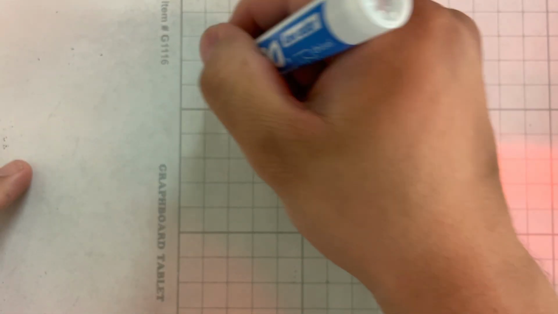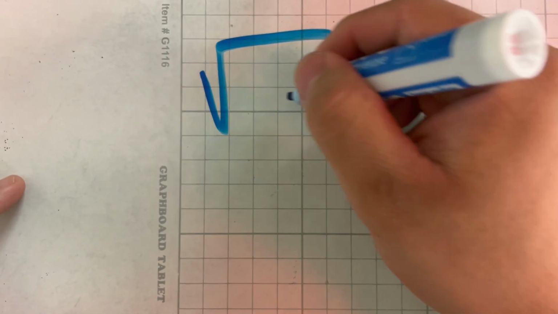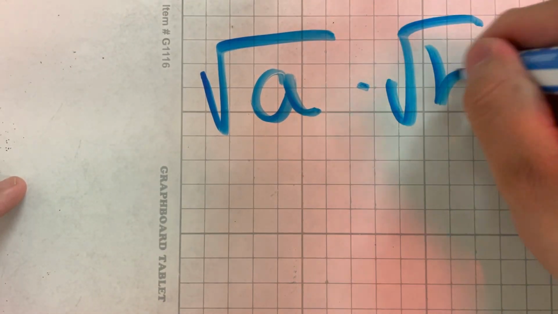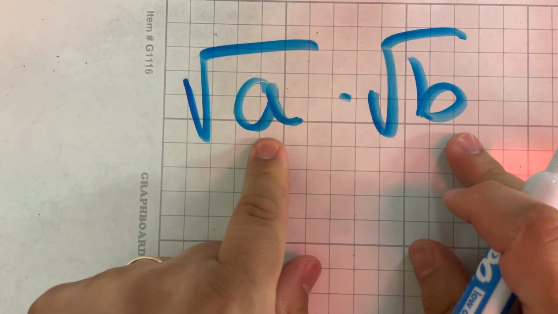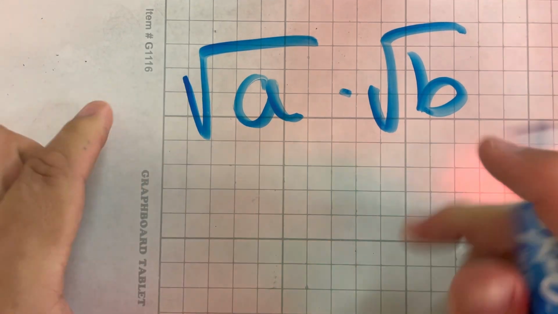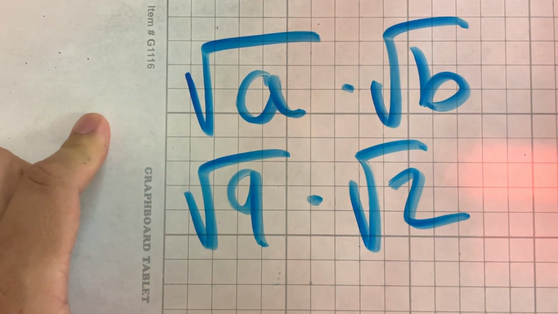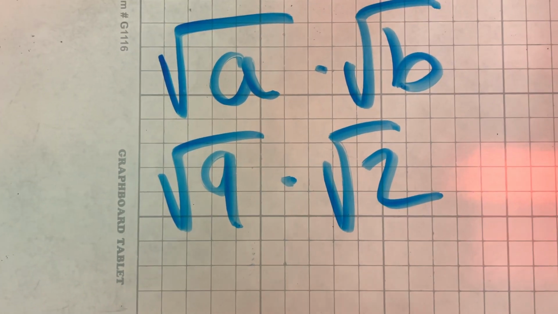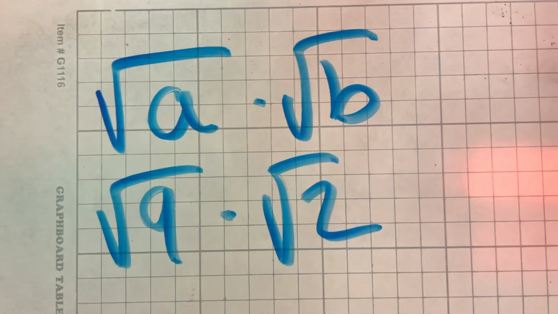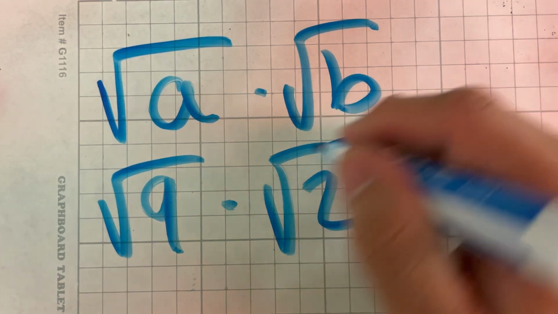A couple of things I want to talk about is that when you're taking two square roots, it doesn't matter what the numbers are. So A and B represent any number you want. Pick a number. So if you say square root of 9 times the square root of 2, there's two ways I can do this problem. One way is because they're both square roots,